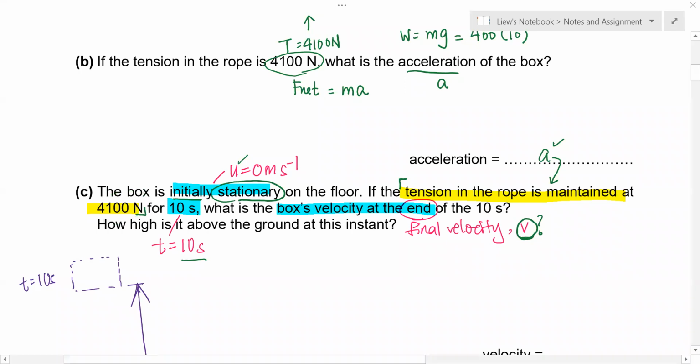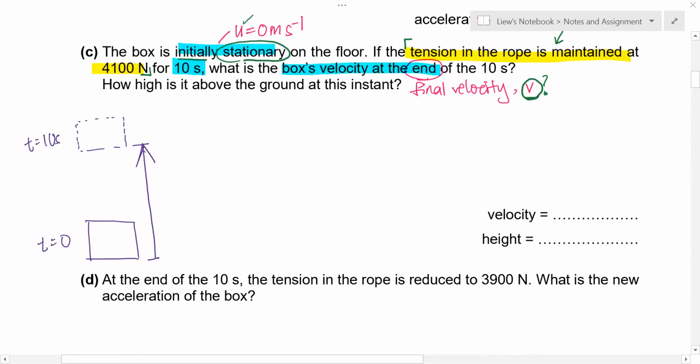Next part, how high is the box above the ground at this instant? At t equals 0, the box is actually on the floor, right? So it was originally on the floor. And then after 10 seconds, this box would have moved upwards by a certain distance, right? In other words, we are looking for the displacement in the vertical direction, also known as the height